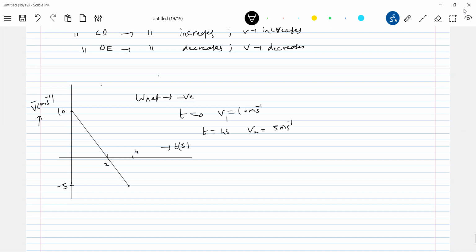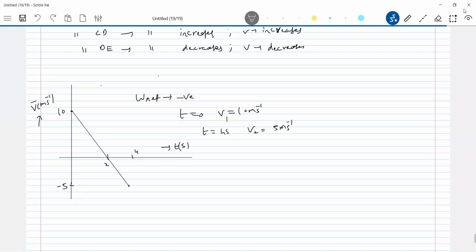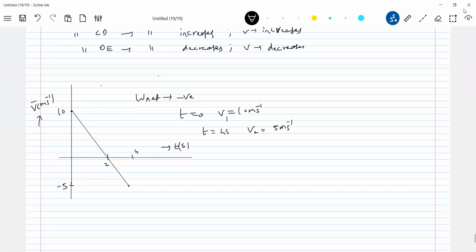If they give an AT graph, an acceleration time graph, I think we have to work it out. From the AT graph we cannot directly say anything, but we can find out the speed. Because from the AT graph, what do you get? The area under the AT graph will give the change in speed. Once you know the speed, then you can say about the work done, positive or negative. So you have to work out even the graphs.